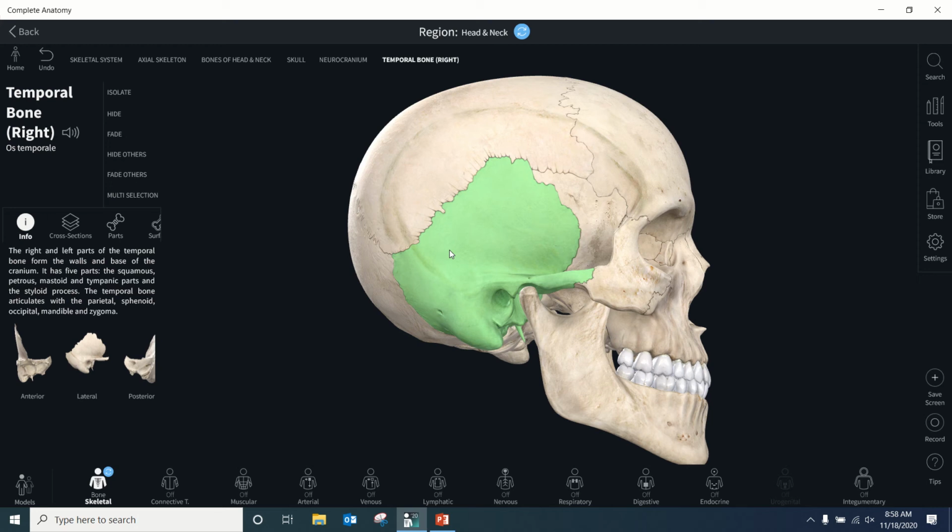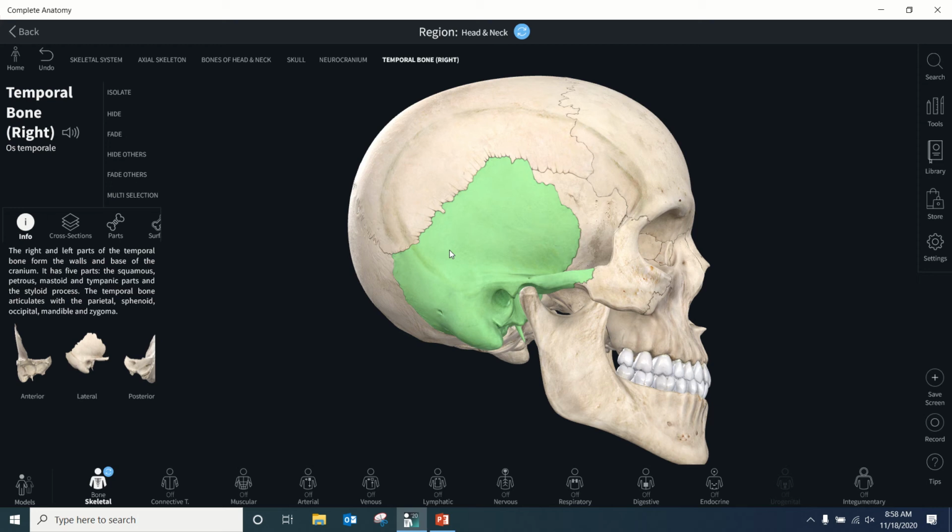Oftentimes people will have problems there. Sometimes people will have tension headaches that can be related to dysfunction at the TMJ, temporomandibular joint. So anyway, that's the interaction of your lower jaw with the skull, there at that mandibular fossa on the